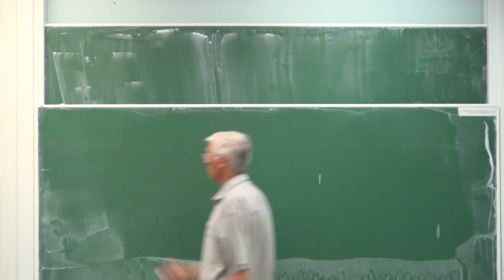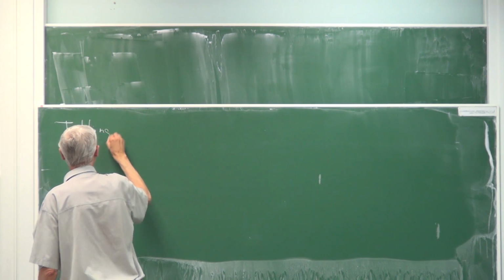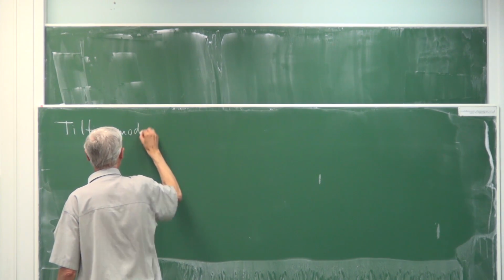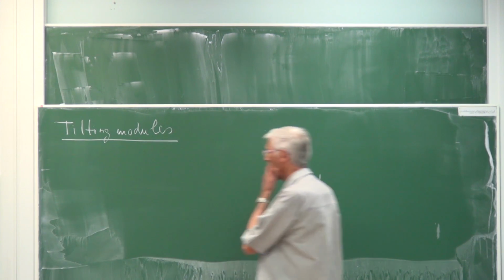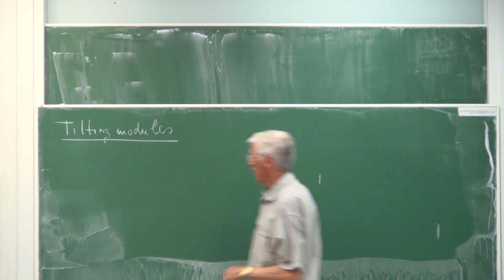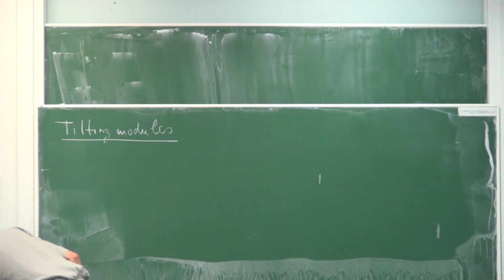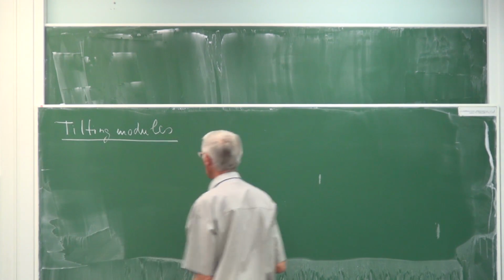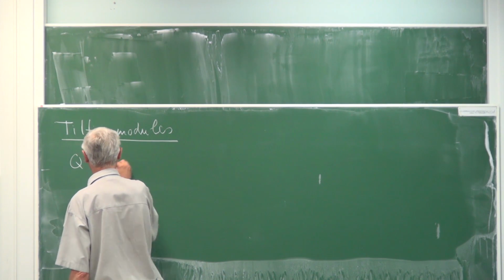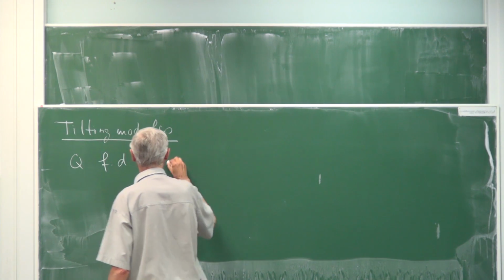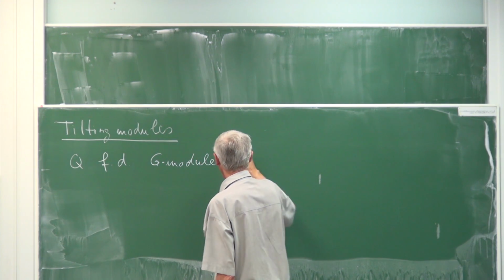I want to say a little bit about tilting modules. I don't know if this may be a familiar concept, so let me give a definition. Suppose I have a finite dimensional G module. I call it tilting